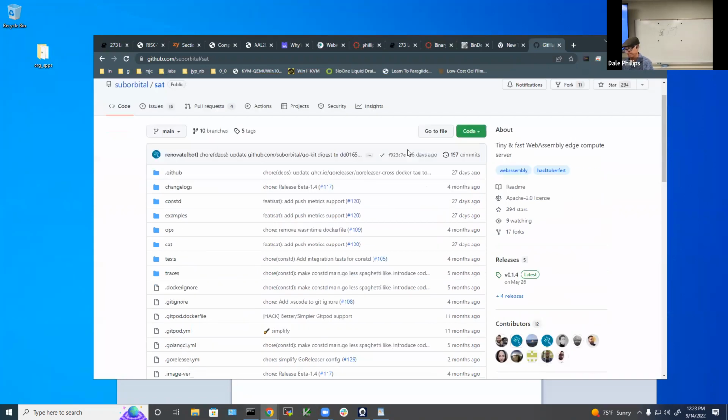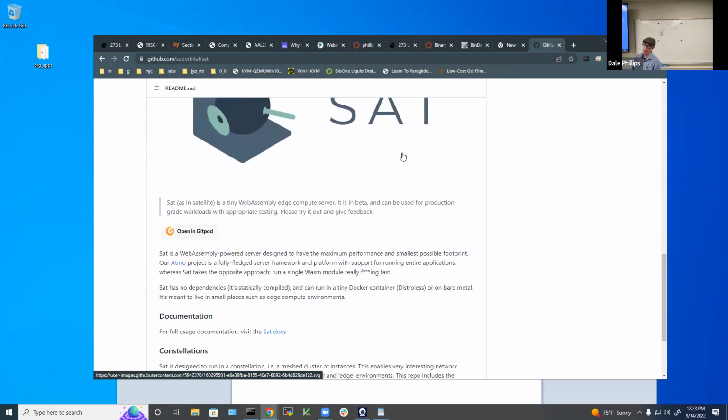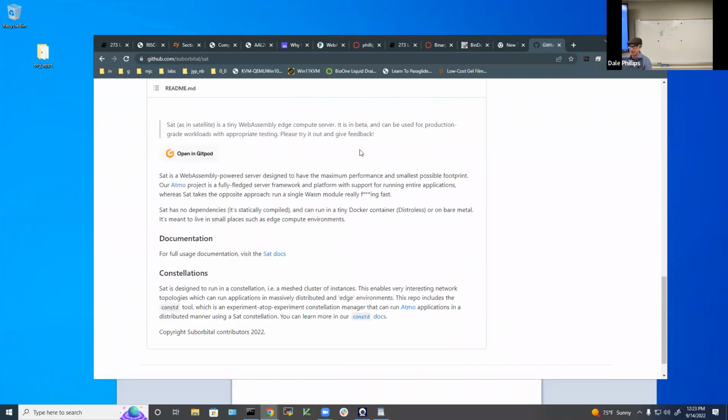On GitHub? No. This is a WebAssembly Edge Compute server in beta, can be used for production workloads with the appropriate testing. It talks to a server-side WebAssembly server, and then you have a WASM on the client. Think